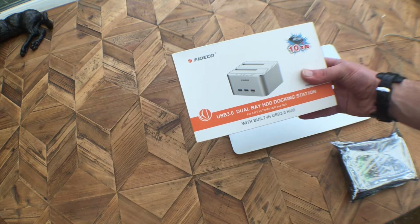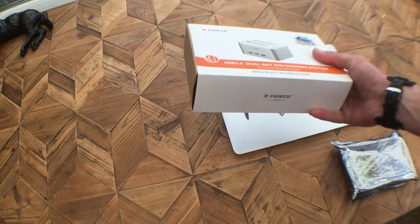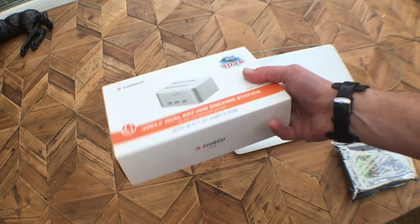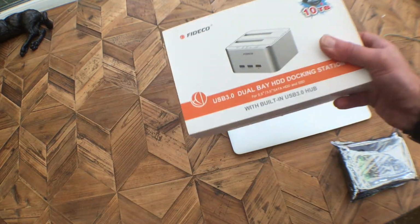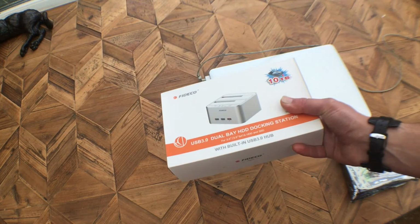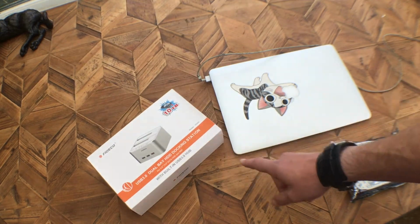This is the Fideco USB 3 dual bay. It's a hard drive dock. This is model Y842H, and it sounds suspicious. Don't know if you can hear that. Yeah, that sounds totally suspicious, but what we're going to do is unbox this bad boy